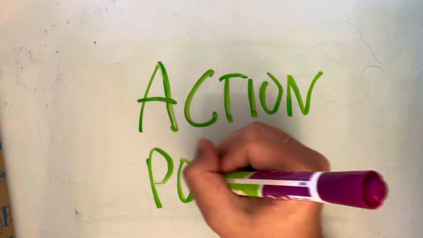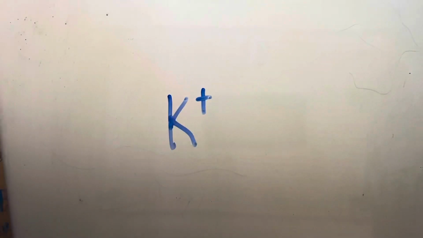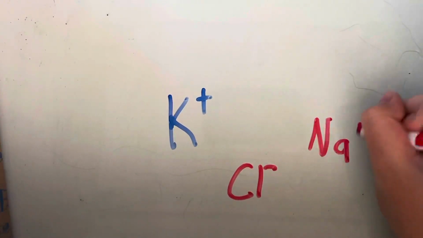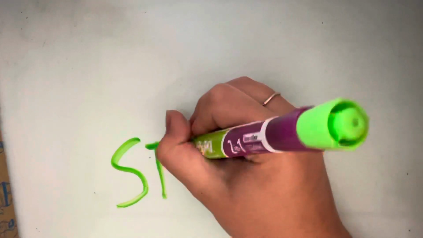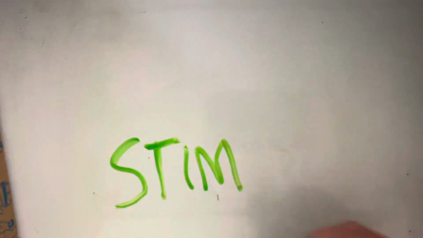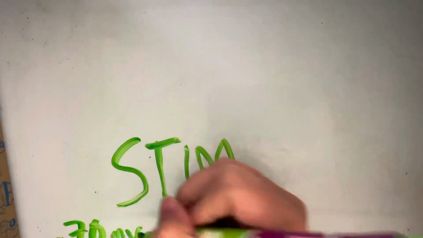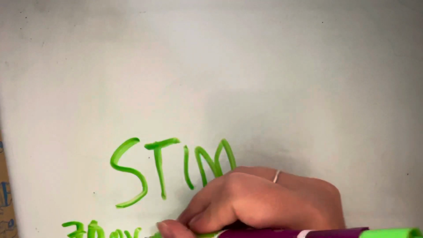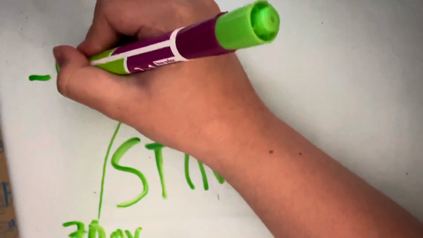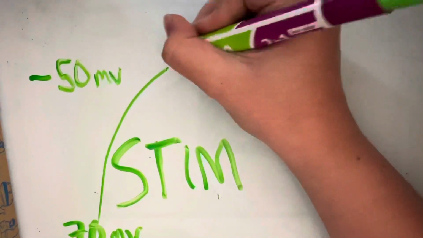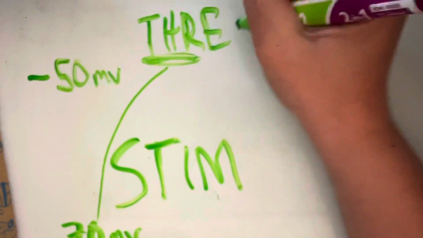The second process that the neuron undergoes is called action potential. Now, action potential involves the ions that we talked about and many other moving parts. The catalyst for action potential is when a stimulus is received from a sensory cell or other neuron. Prior to stimulus, a neuron's voltage is negative 70 millivolts. During a process called depolarization, the neuron increases in voltage to negative 55 millivolts, which is also